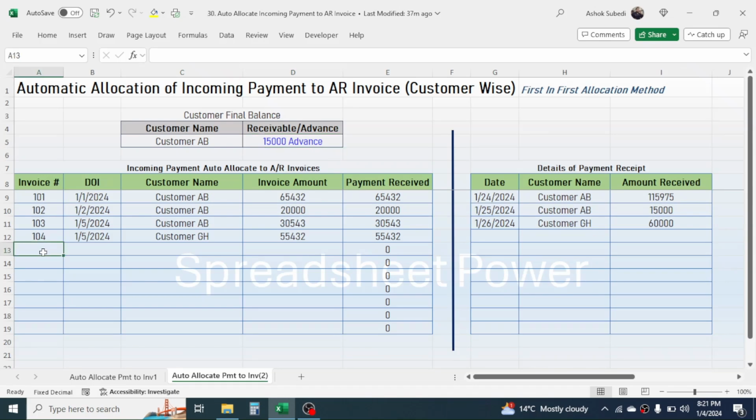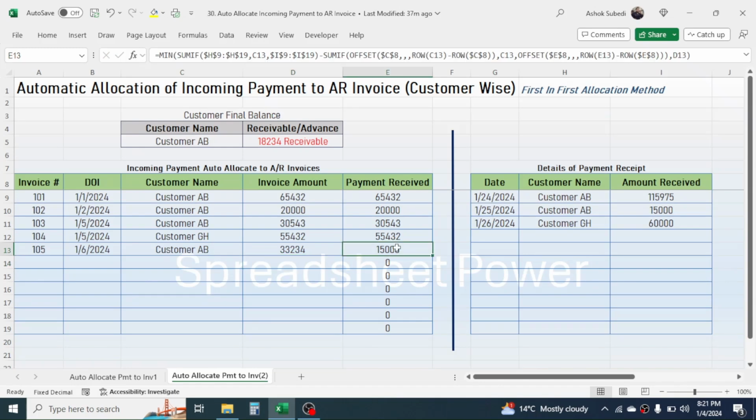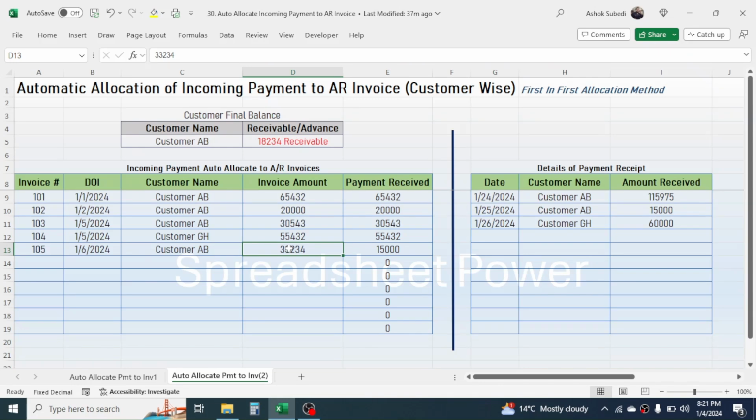But if you add a new invoice here for customer AB, for example, it is made on 6th of January 2024, I'll choose customer AB from here, and the invoice amount is, suppose, 33,234. In this case, here you see the 15,000 is allocated for this invoice, and there is a receivable amount of